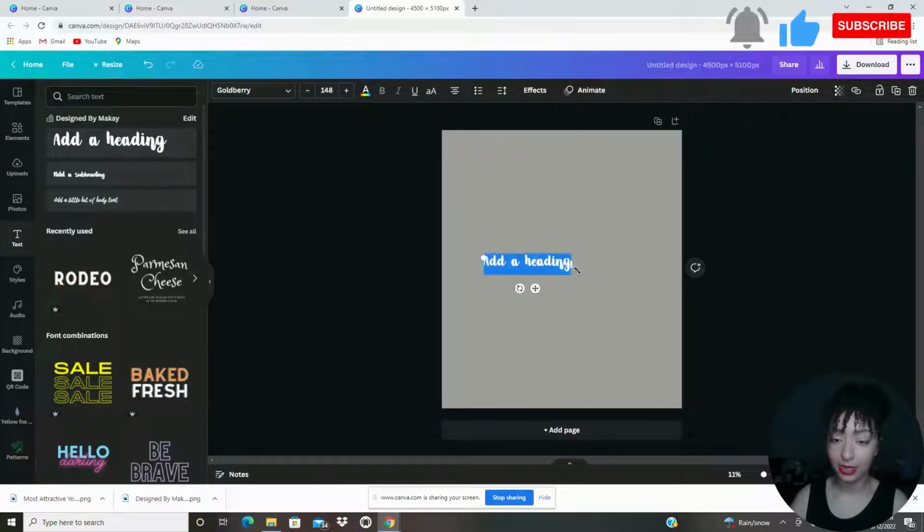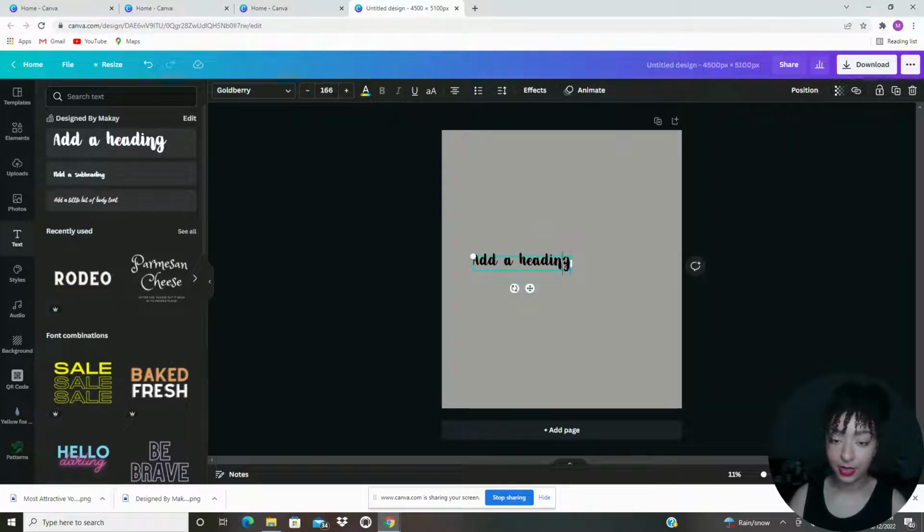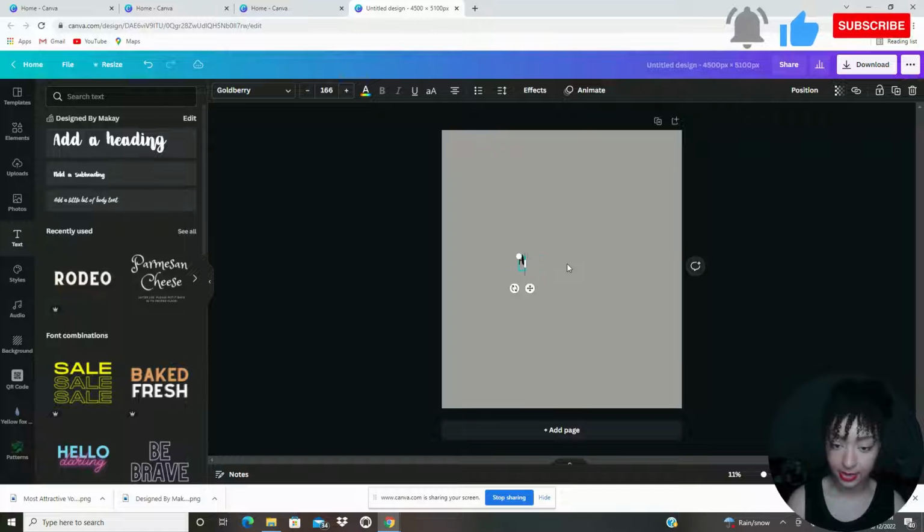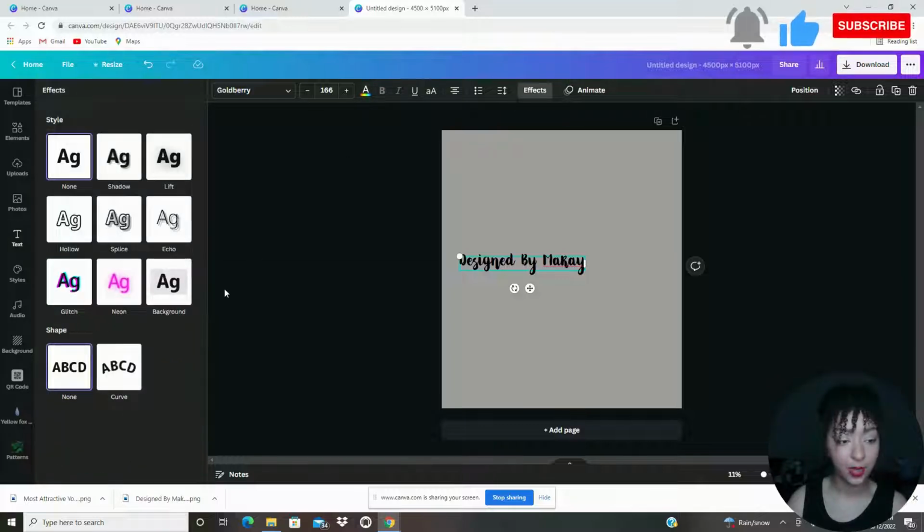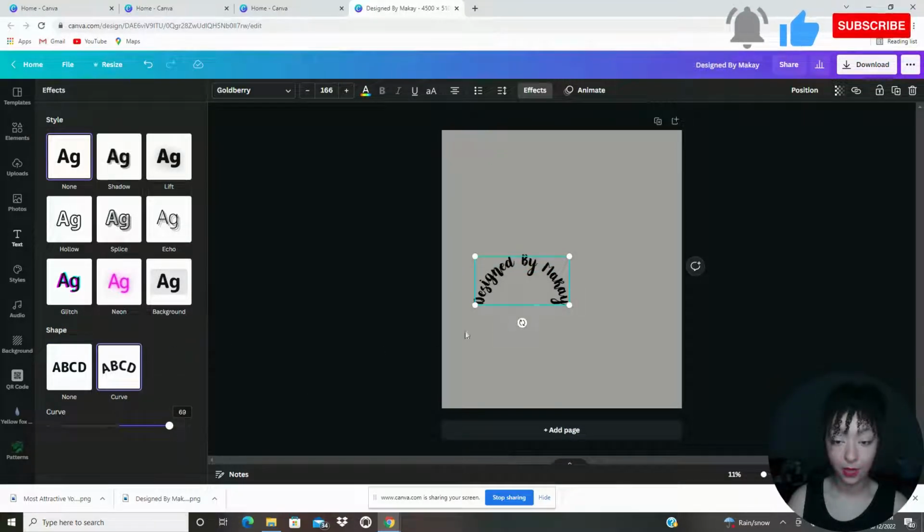And we're going to expand it. And I'm going to make it say something like, I'll just make it say designed by K. And what you can do here is go to the effects tab, and under the shape you can hit curve, and now it is in a little rainbow shape,